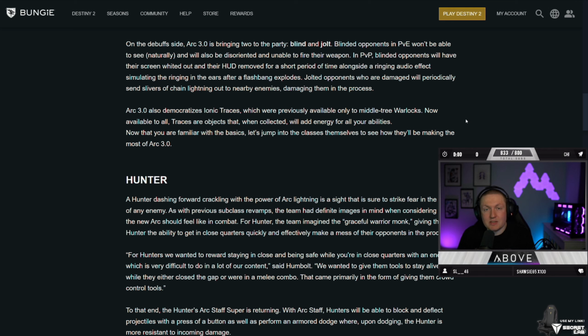to all. If you guys haven't used that subclass, essentially they trace towards your position whenever you're using your grenade or charge melee ability. So like if you guys have ever used elemental wells and had seeking wells where your elemental wells will track towards your position, it basically emulates that type of behavior, but it acts as a way to recharge your abilities in the current sandbox. Now available to all, traces are objects that when collected will add energy for all of